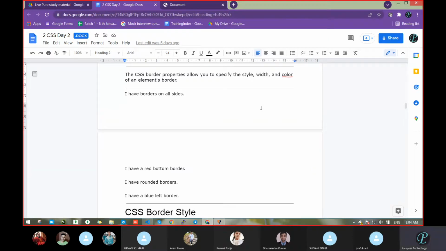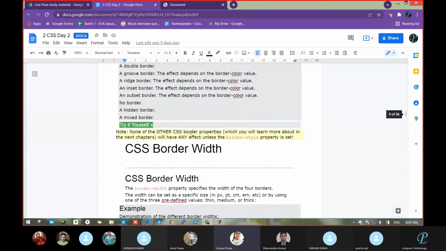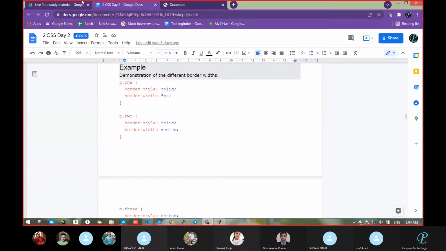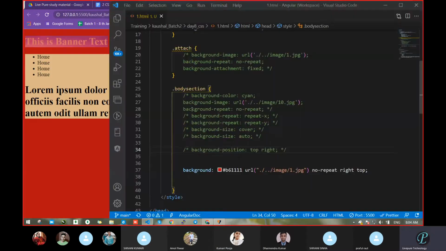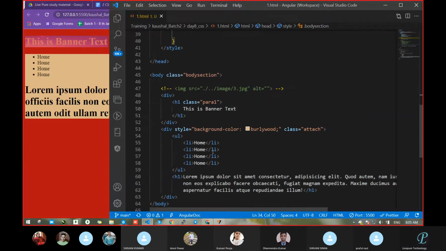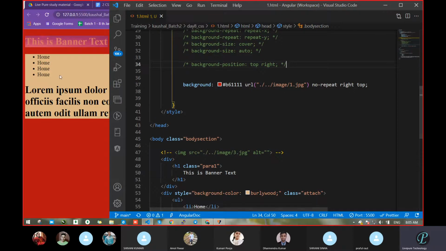Hello. Yeah. So now we will look at border. Pooja, can you tell me what is border? How do we write the code for border? Style, border, solid. Okay, I want to add a border in the upper part. Okay, full body. Go with the full body itself, not an issue.